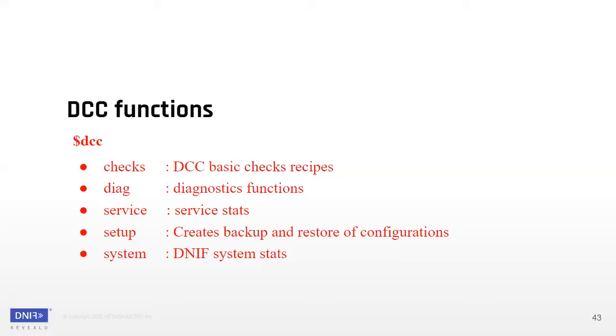The last is the system. These are the five DCC functions. System is going to give you your CPU utilization, your memory utilization, your heap memory, your virtual memory, your stack memory, heap count, and all this information is there inside the system. How many interfaces are there?